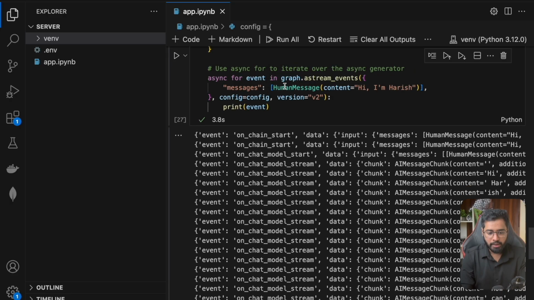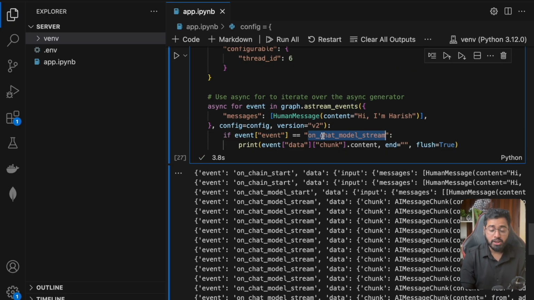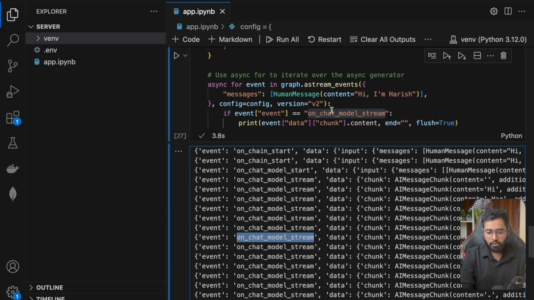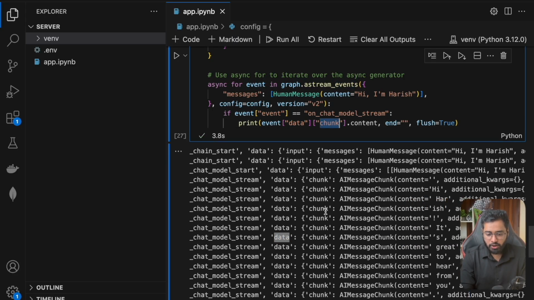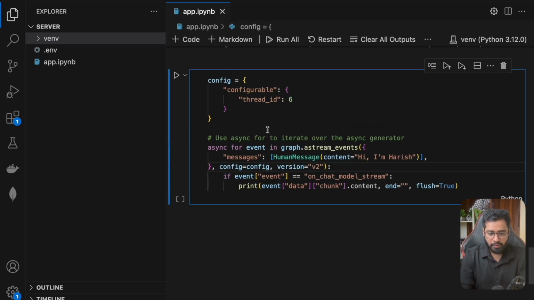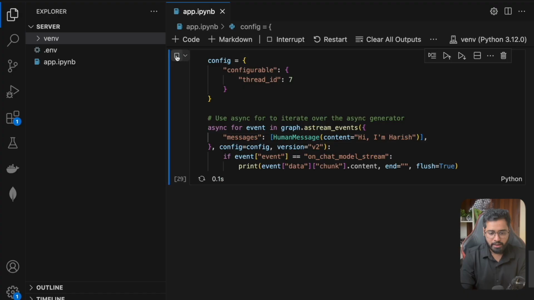So I can actually do something like this. I can say, if event is equal to on chat model stream, because we're only interested in this particular event type, I can just isolate that particular thing alone, and I can go inside of the data. Inside of the data, I can go inside of the chunk, and then I can just extract the content alone. So if I clear this file and change it to, let's say 7, and run this,